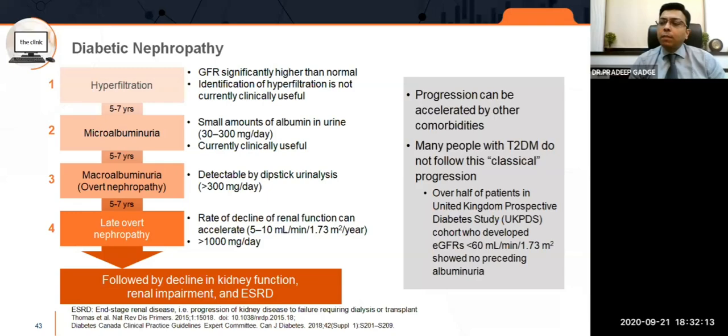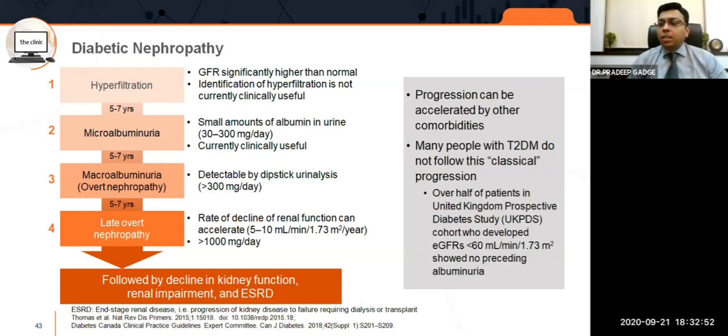Now, after 5 to 7 years, the patient is very happy with this 0.5 level of creatinine, and gradually the damage starts, and the patient goes on to a stage of microalbuminuria. Microalbuminuria means albumin is between 30 to 300, and then slowly and steadily over the next 5 years, the patient progresses to a stage where the urine protein is more than 300. So this is frank albuminuria. This will come in the routine urine report. You won't need specialized tests like microalbumin or albumin creatinine ratio.